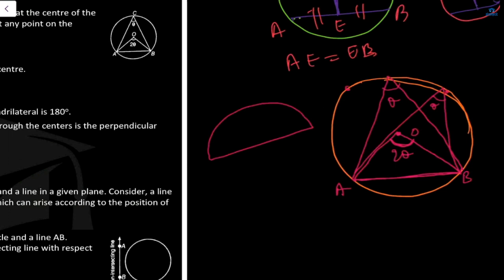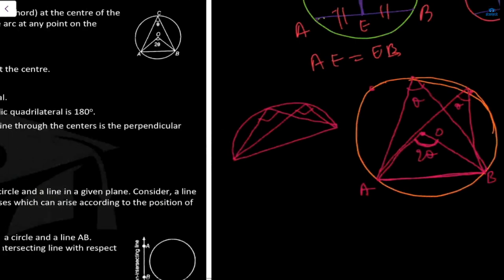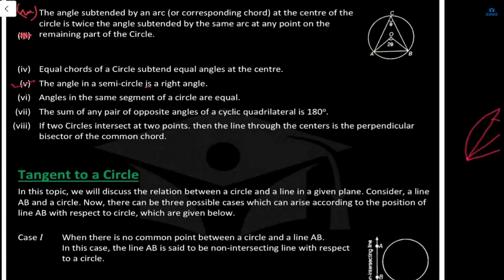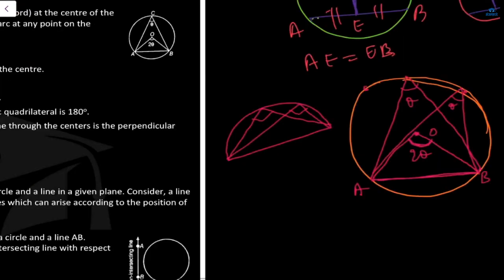ठीक है, सेमी सर्कल में कोई भी एंगल कहीं पर भी बनाओगे ना, तो ये 90 डिग्री होगा। ठीक है, ये 90 डिग्री बनेगा, ये जान लो। The angle in a semicircle is a right angle. Anywhere, any point, like सेमी सर्कल को लेकर, मतलब उस डायमीटर को लेकर सेमी सर्कल में हम कैसे भी बना देंगे। हाँ, डायमीटर को लेकर जो भी एंगल बनेगा ना, सर्कल को टच करता हुआ, तो ये एंगल हमेशा 90 डिग्री होगा।